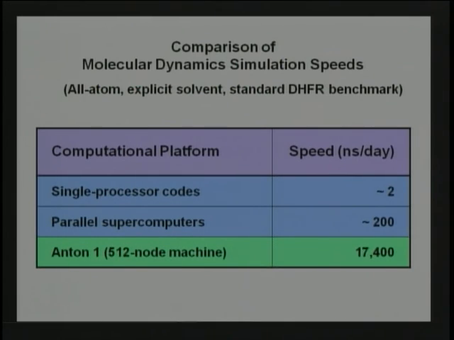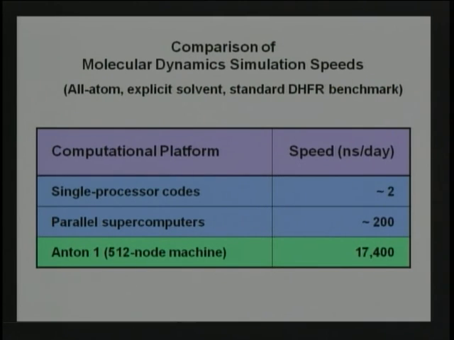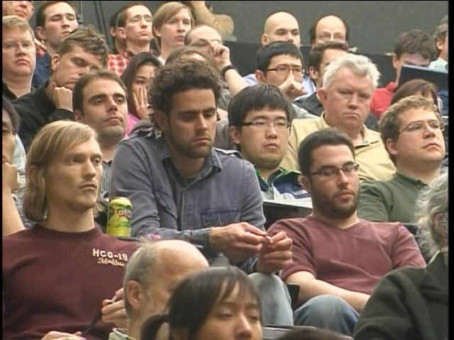This is on, I should just say, a particular fairly standard benchmark called Dihydrofolate Reductase, which has about 25,000 atoms, including all of the water molecules. We explicitly represent all of the water molecules that we're simulating. That's not always done in some applications, and often you don't need to, and there are certain advantages to not, in fact. But on our machine, that's what we always do, and that's the standard benchmark task. So you get a couple orders of magnitude here. On Anton, we're able to get about 17.4 microseconds a day. So it's a large speed up, another couple orders of magnitude.